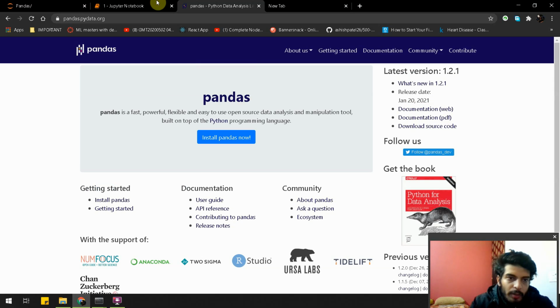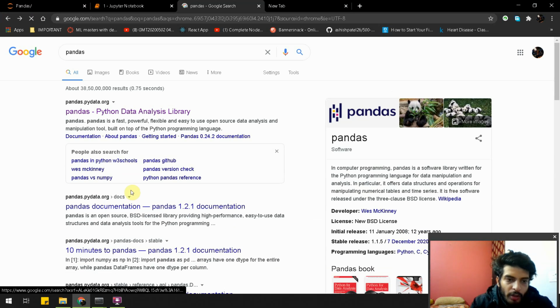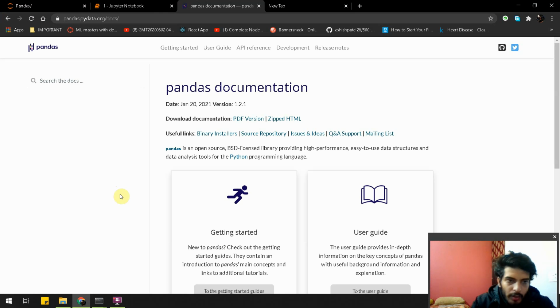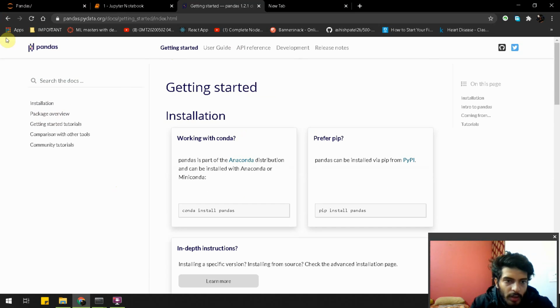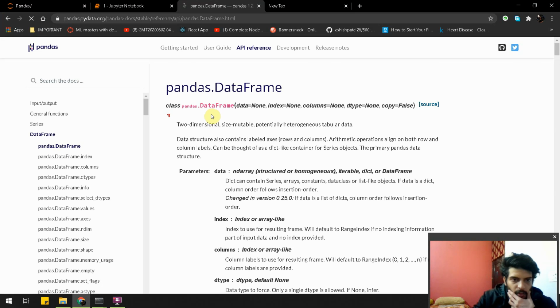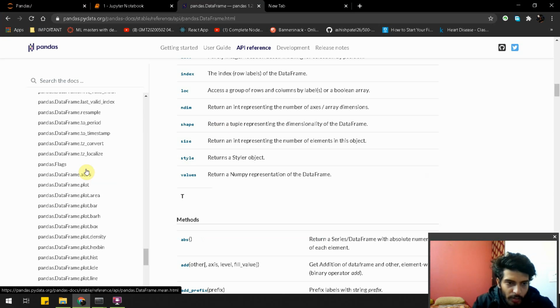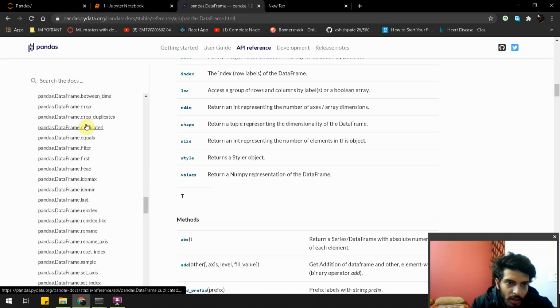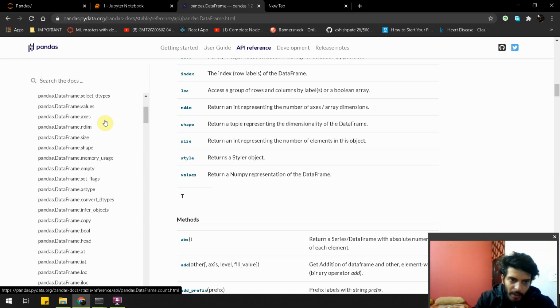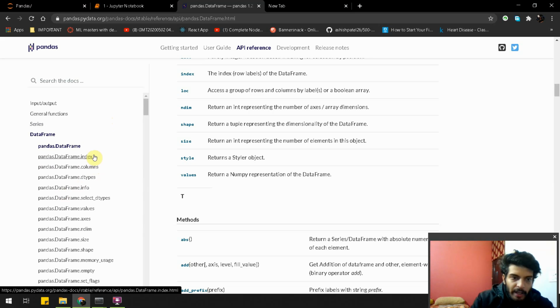And you can always see the documentation for how to use any particular method for your data frame. So where is the documentation of pandas? See, this is the documentation of pandas. You can see there are so many functions like transpose, replace, not null, drop, product, multiply, differences. There are so many features, indexes, columns, dtype. These are the things we have actually covered.